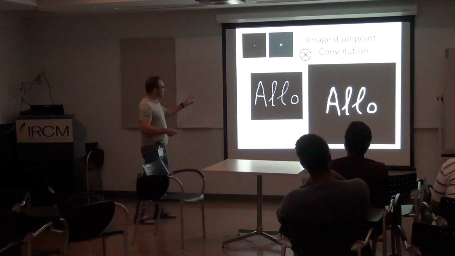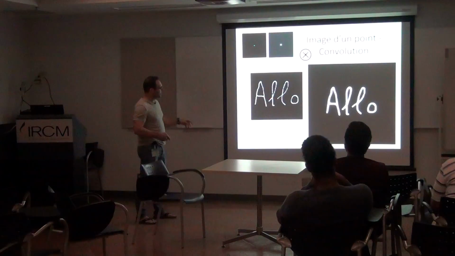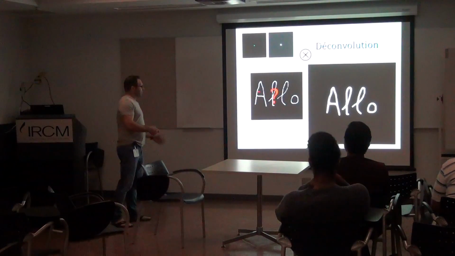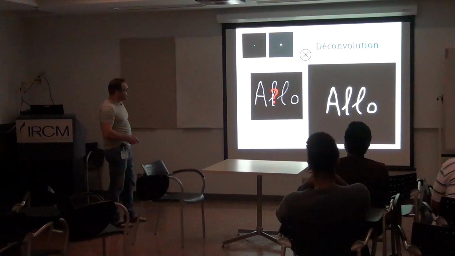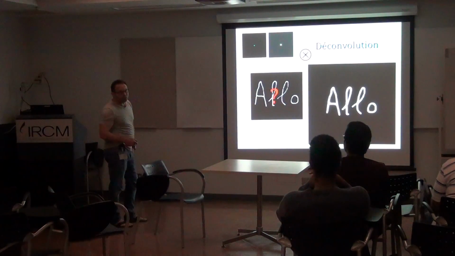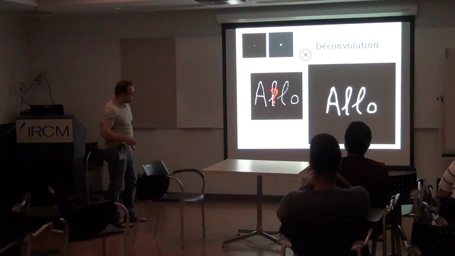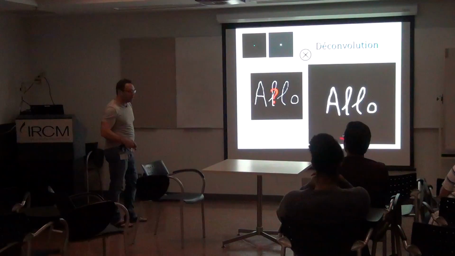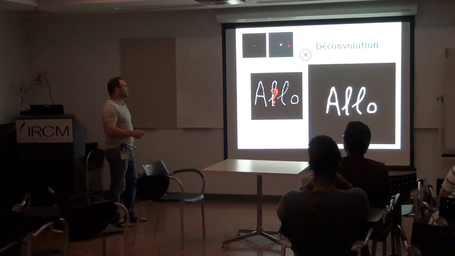So you go back to your original object, and this is what you try to get. So this technique is called deconvolution. It's a mathematical process to get back to the original object from the image, knowing this thing here, which